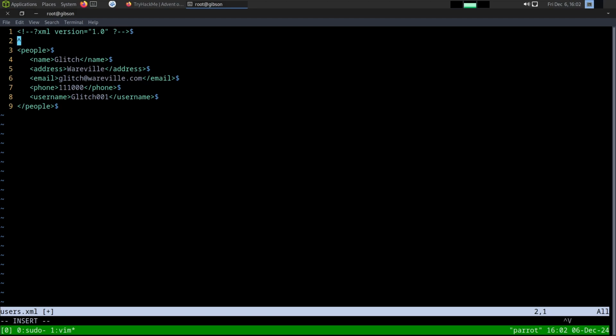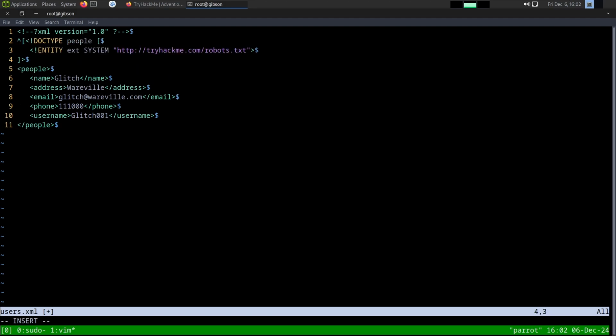And this is just how we will declare a variable that will store our data that is used for exploitation of this XML file. So what we are saying here is that we declare a variable called ext, and this ext variable is pointing to